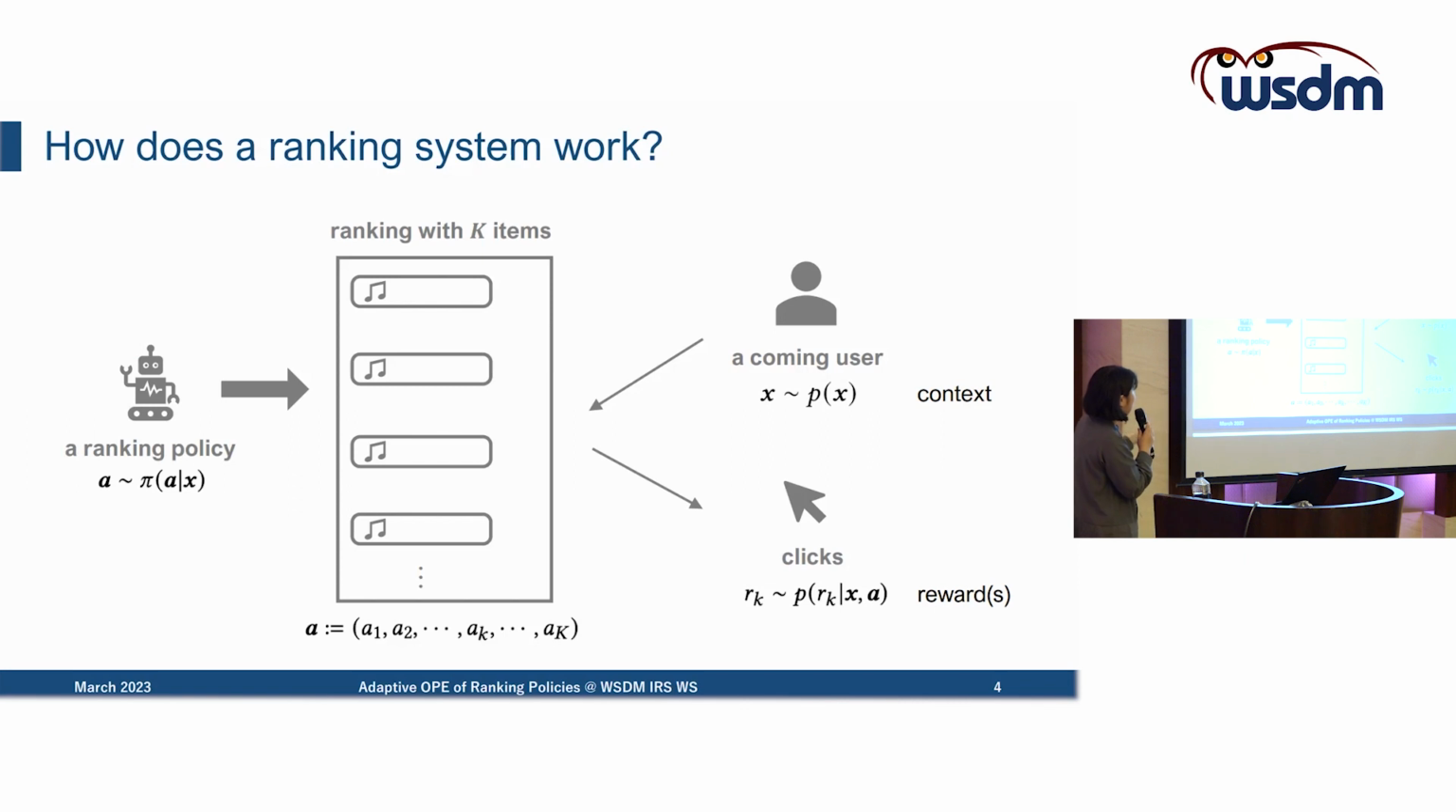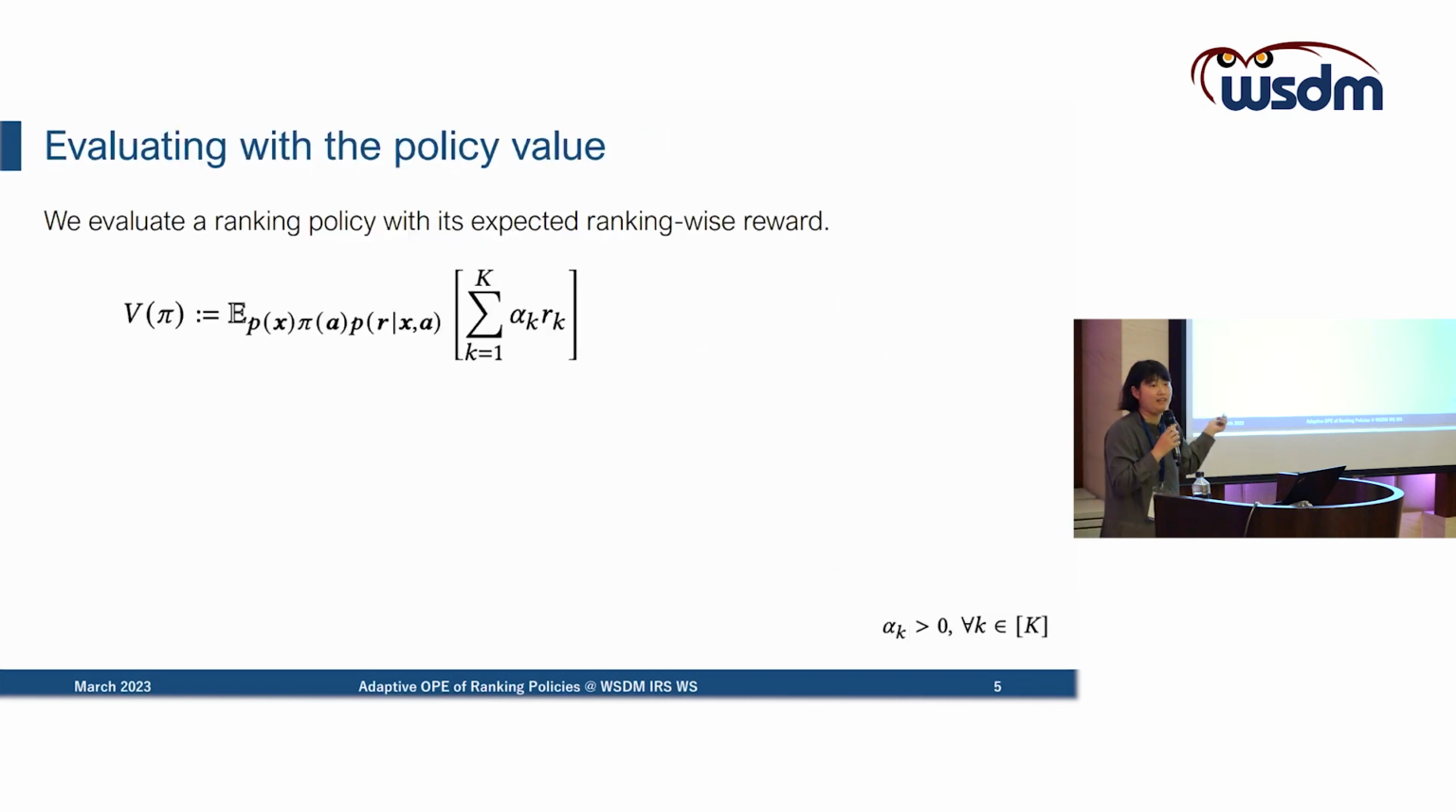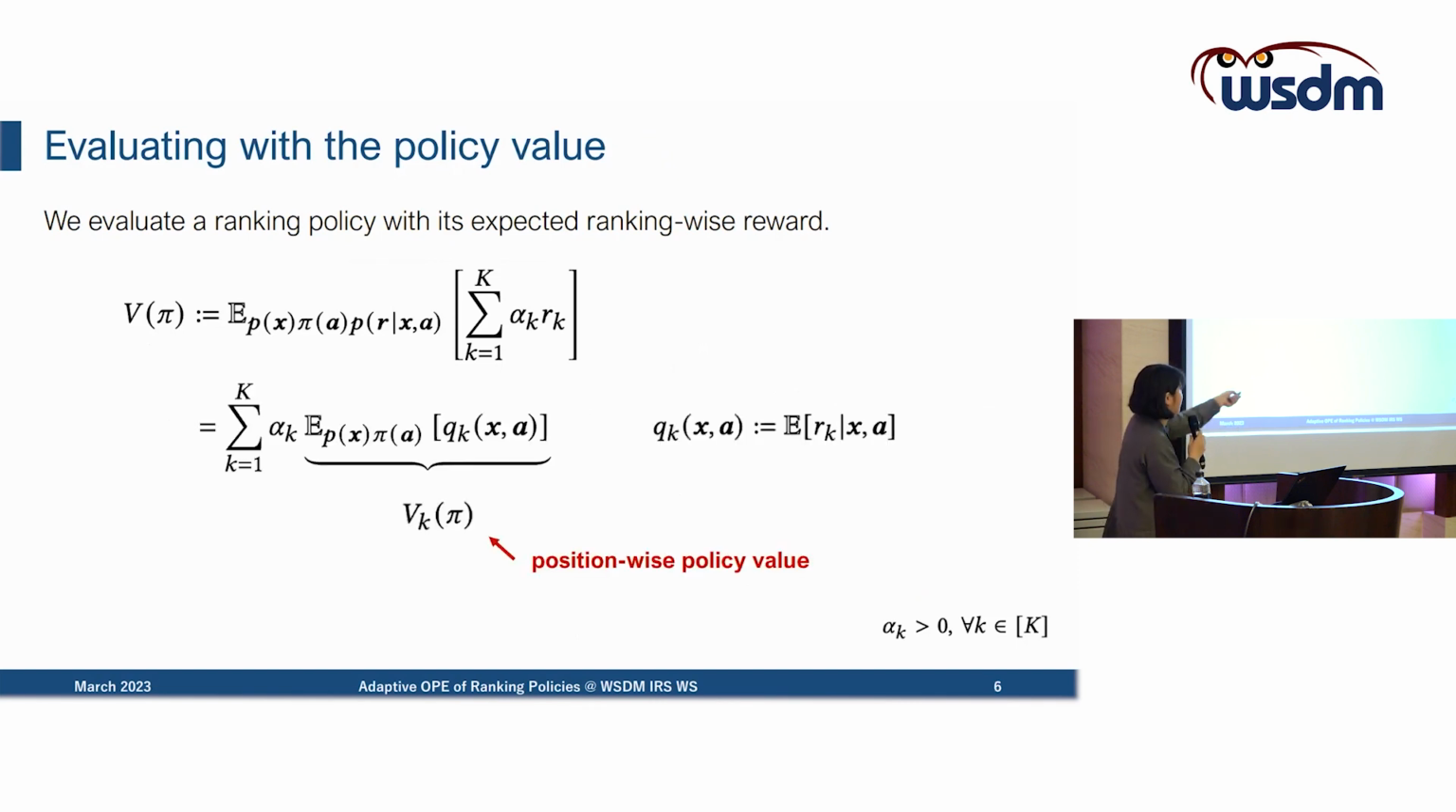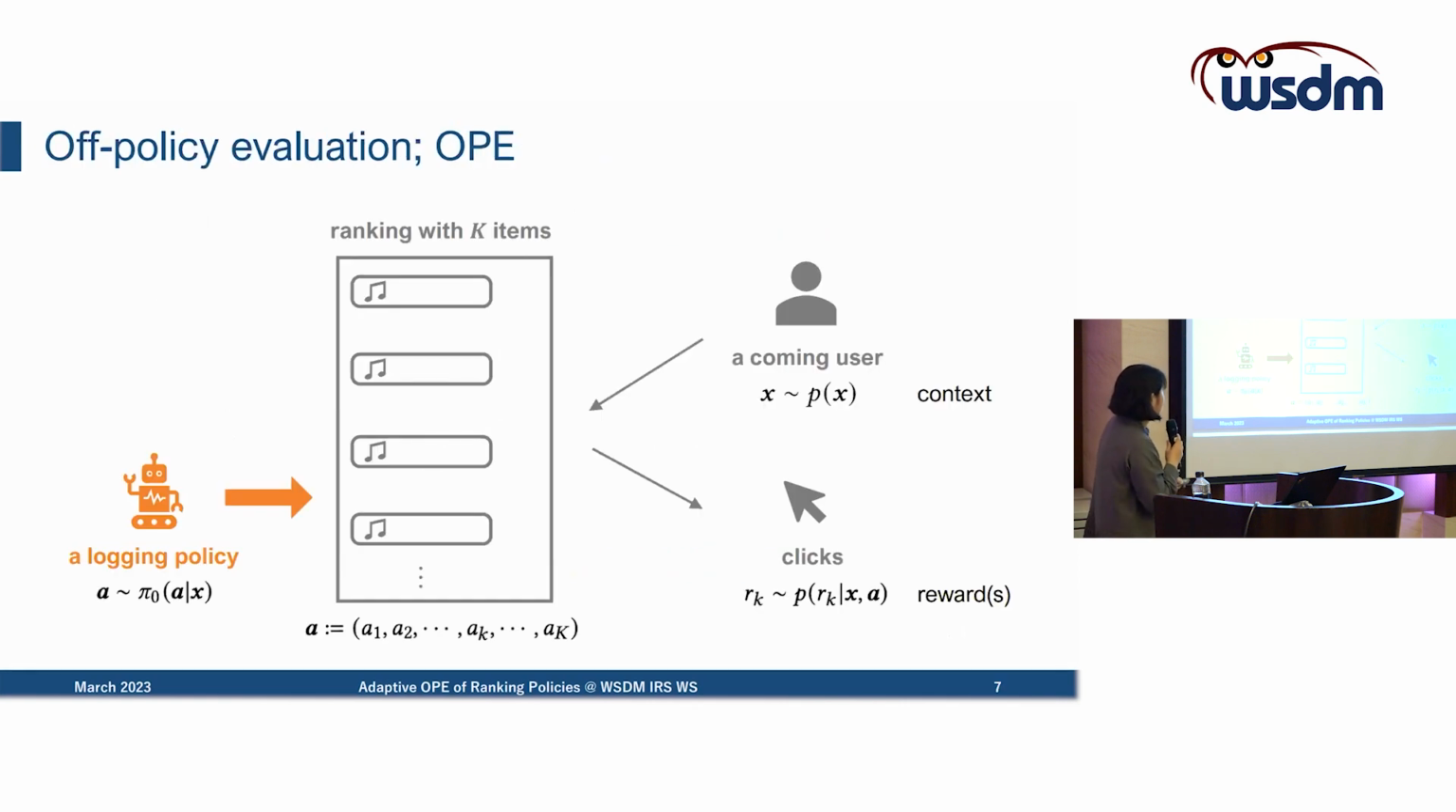So as the performance measure of this ranking policy pi, we are interested in its policy value, which is defined as the expected aggregated reward obtained by deploying this ranking policy pi. And this ranking-wise policy value is often decomposed into the position-wise policy value. So today, I'm going to talk about how we can estimate this position-wise policy value of the given ranking policy pi. And now, going back to the previous slide, let's consider the case where we have a logging